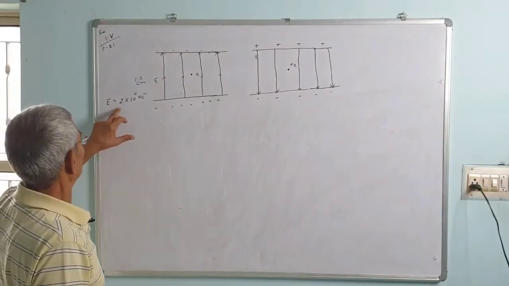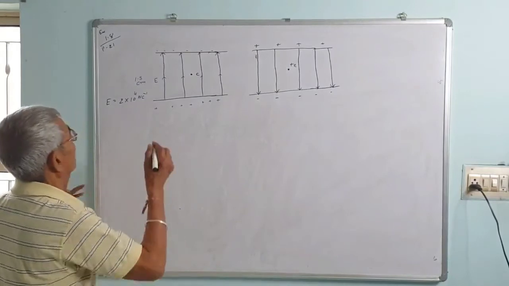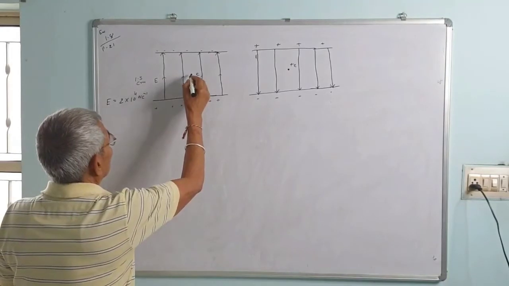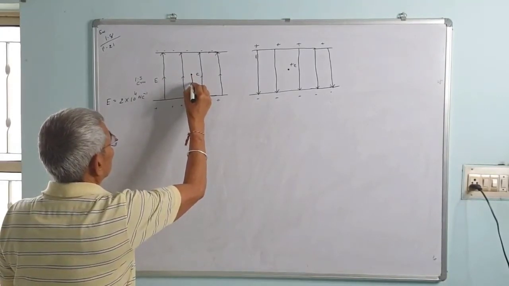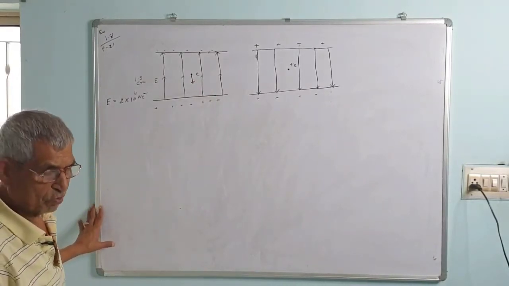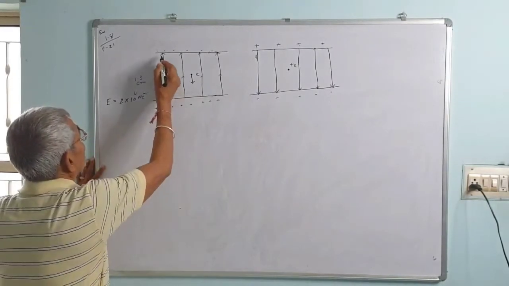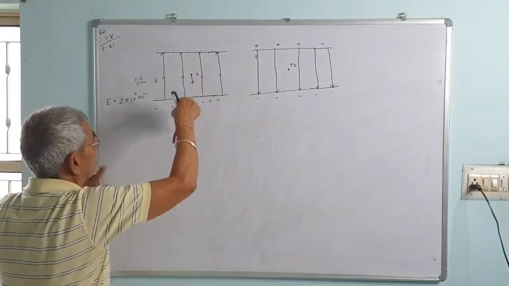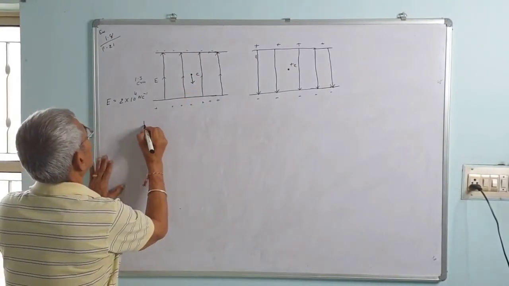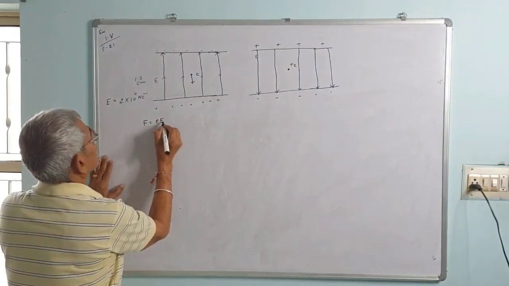Now, the electric field is 2 × 10^4 N/C. We know the electric field points from positive toward negative. The electron will be attracted toward the positive plate, so it will fall down, neglecting the acceleration due to gravity. There is only the force due to the electric field. Since the field is from positive to negative, the electron will move from negative to positive, attracted towards the positive. So the force on the electron is equal to e times the electric field.